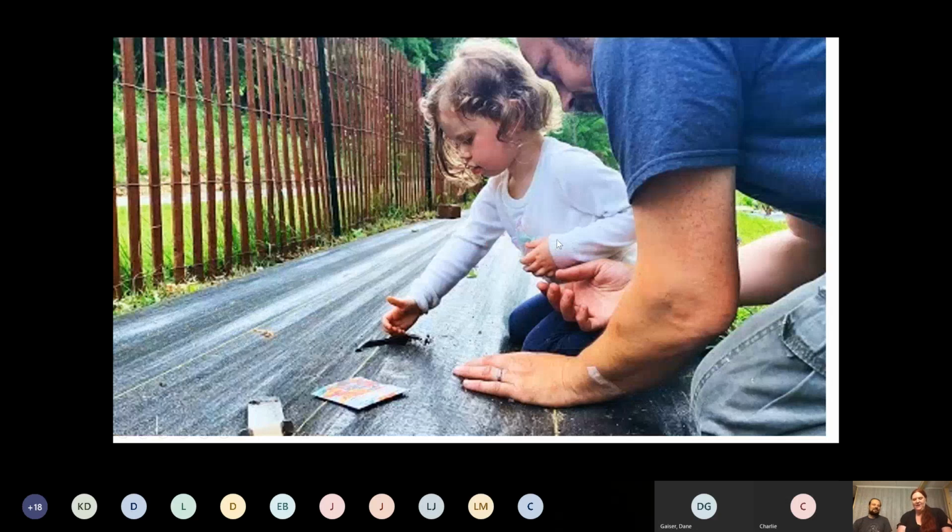Probably 20. Yeah. So we've been really creative. We haven't spent a lot of money. We are growing for our family and for our kitchen, so we try to be as thrifty as possible. So when we're looking at planting kitchen gardens, it's a lot like a production farm, just on a lot smaller